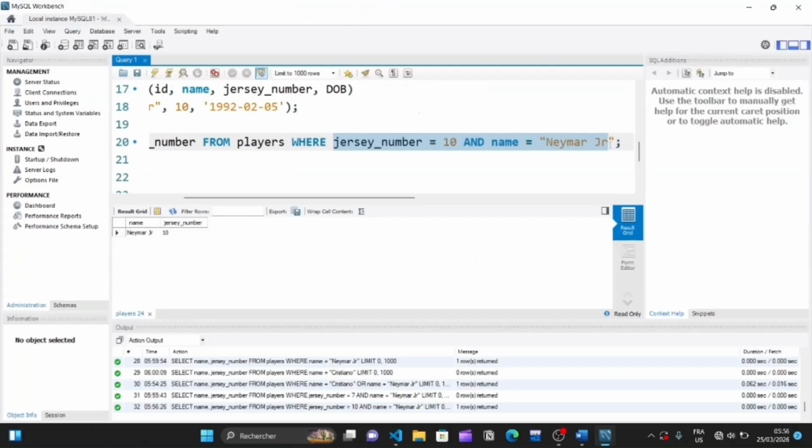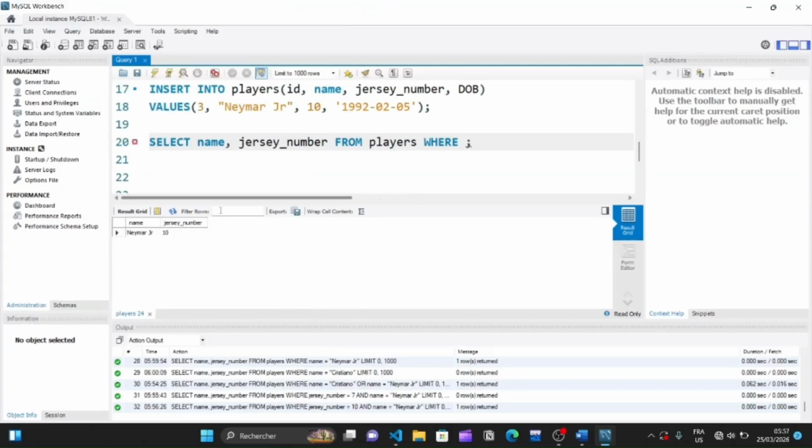and name conditions. And now let's say if in our table we want to select all players who have a given set of letters or characters in their name, or any set of characters in any of the attributes that are found in the players table, we can do that using something known as wildcard, and that is going to be done using the like keyword, just like a like on a social media post, for example. Now let's say I want to select all players from our table whose name begin with the letter N,